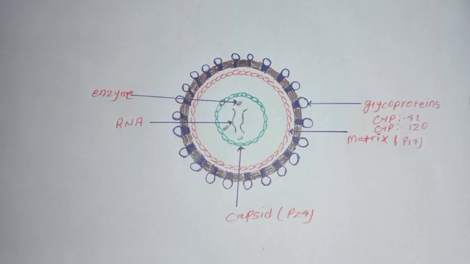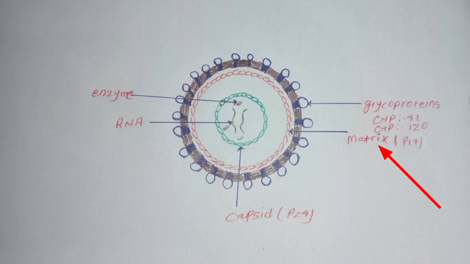Now, talking about the structure of HIV, this is the phospholipid bilayer. These are glycoproteins present above this phospholipid bilayer. This round type is GP120. GP stands for glycoprotein. Then this stick-shaped one is GP41. The phospholipid bilayer, GP41 and GP120 together form the envelope of this virus. The diameter of this structure is around 90 to 120 nanometers.